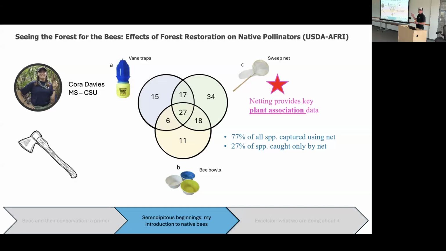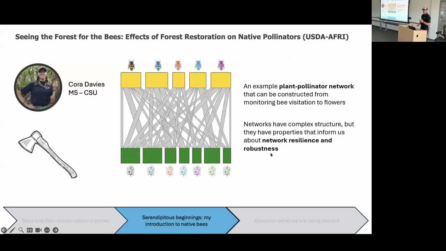But the sweep net outperformed everything, right? We got 34 unique species that weren't captured with other methods, just with old school sweeping around a net, catching insects and looking. The good thing about the sweep net information, and what changed my opinion on how we should sample bees, was that the netting also provides plant association data. So I can net a bee off a plant and say, this species came from this plant. And you can do that 1,000 times, and you start to be able to generate ecological networks from these. So in this figure, and I'll show you a few of these, this is called a bipartite figure.